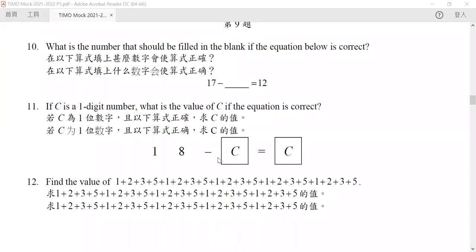Now, let's go back to question number 10. What is the number that should be filled in the blanks if the equation below is correct? So we have 17 minus this number. Now, this number, we do not know what this number is, right? But again, we can rearrange it. We can rewrite it as the following. Our 17 is equals to our number plus